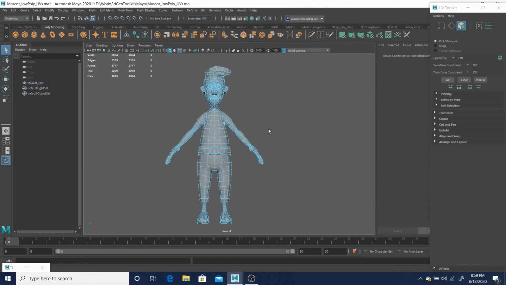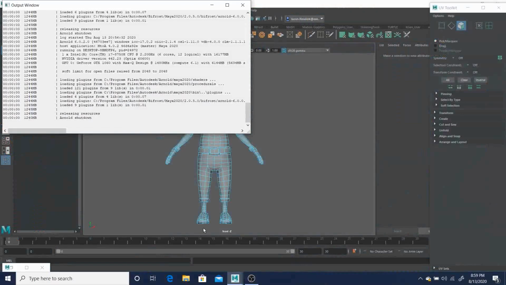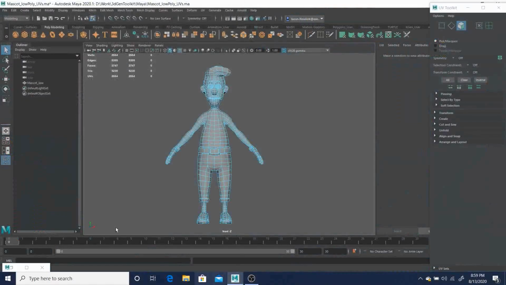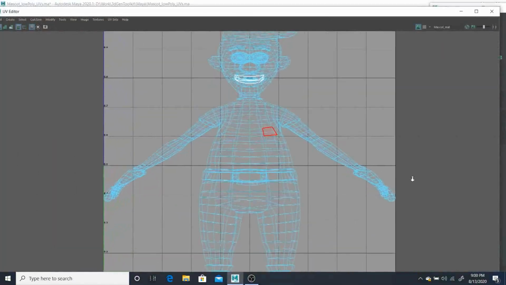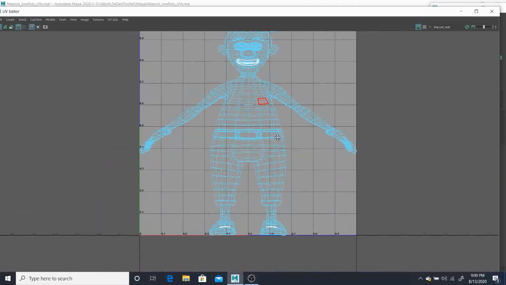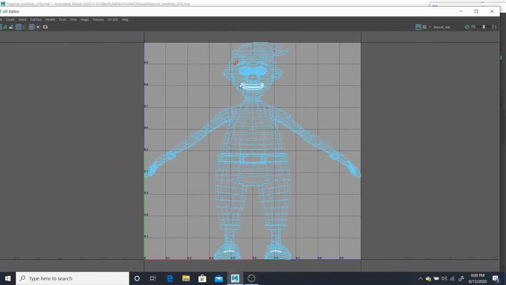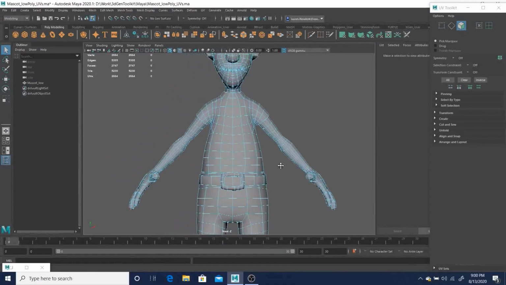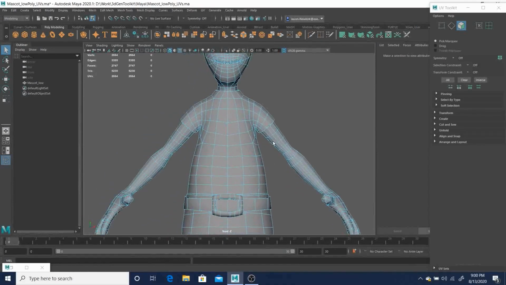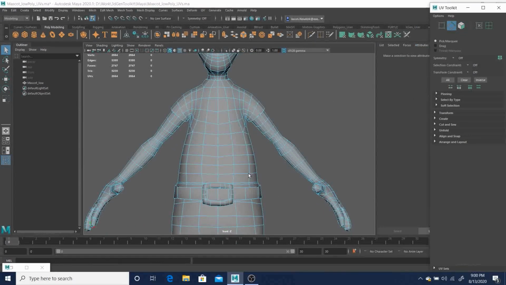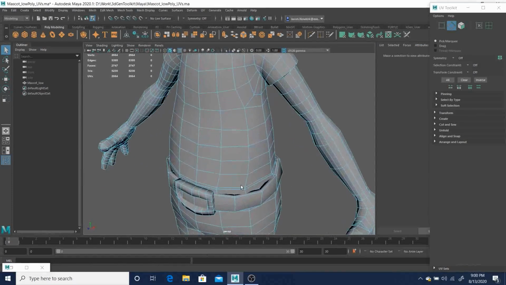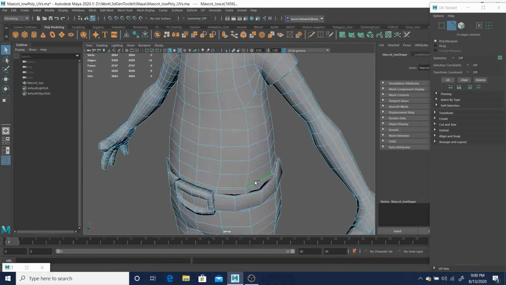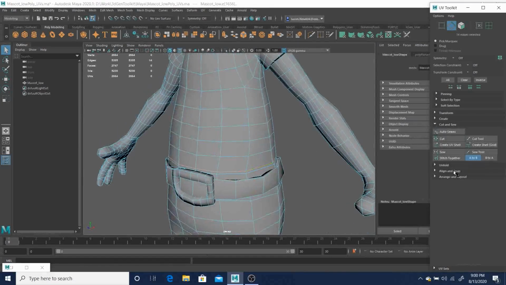Alright, so if we were to look at this inside the UV editor, so we can open that up. Let's close this down, and then open up our UV editor. Okay, you can see that basically it's just a flat, just shooting it on flat. And that's okay for now. We're going to actually map all these exactly how we want them. And so from here, we can actually just go to edge mode, and also perspective view. And if we double click that there, we can actually go to cut and sew,